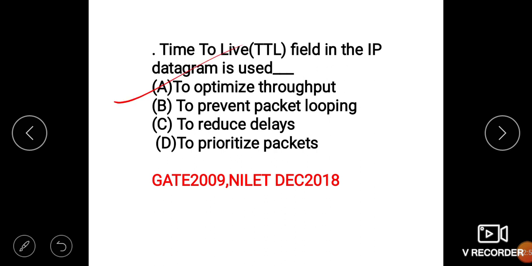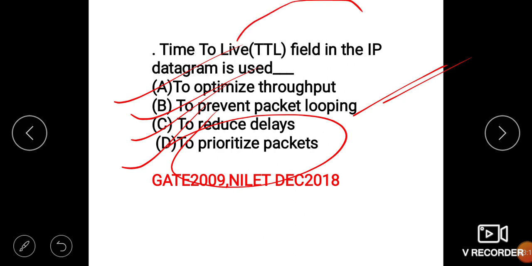The options are: to optimize the throughput, to prevent packet looping, to reduce the delay, and to prioritize the packet. From the given options, B is correct, because time to live is an 8-bit field that indicates the maximum time the datagram will live in the internet system.